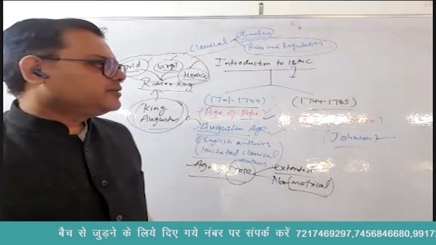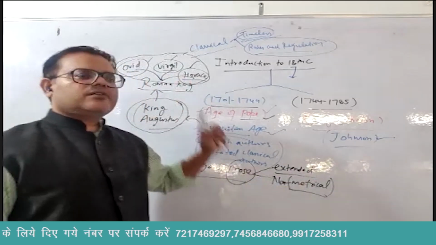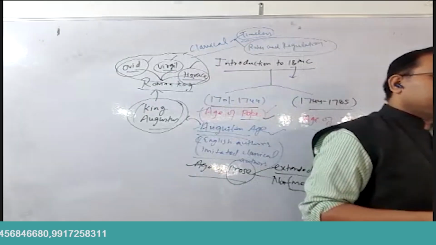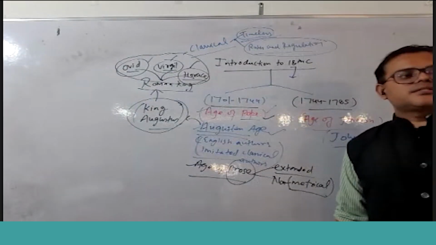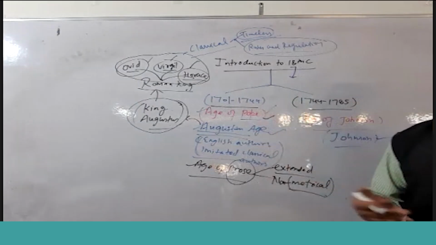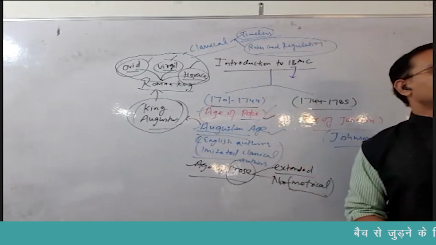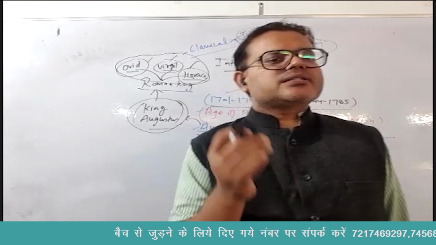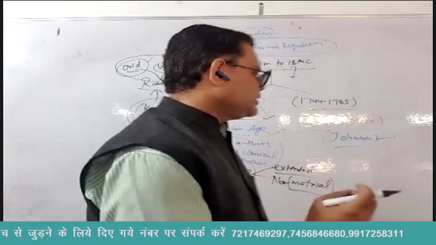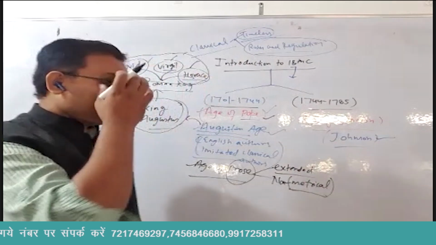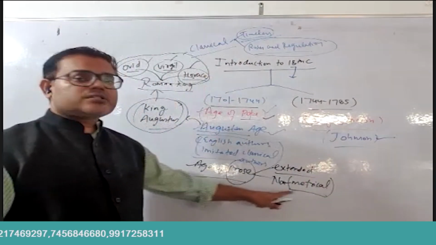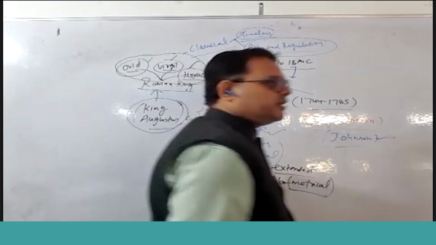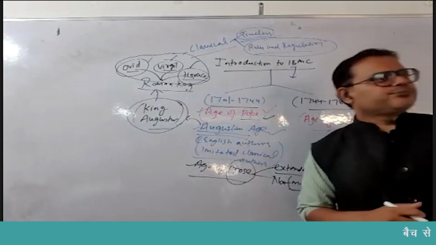Now, a very interesting thing I am sharing with you all, that the biggest writer of the first half was Pope, and when Pope was writing his prose, actually he was writing it in meter only. One of his greatest works was An Essay on Criticism, which was published in 1711. And this work was written in meter. That is called heroic couplet. Now, please pay attention here: why did he use it? We are saying that in prose, there is no use of meter. And here is Pope, the biggest writer of the age, writing his prose in poetry. Why was he doing it? What was the reason?